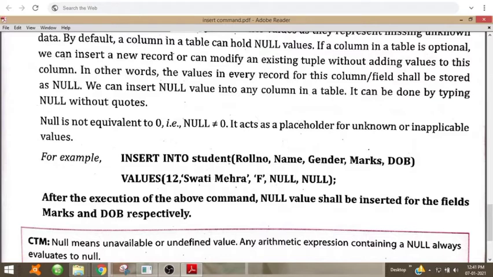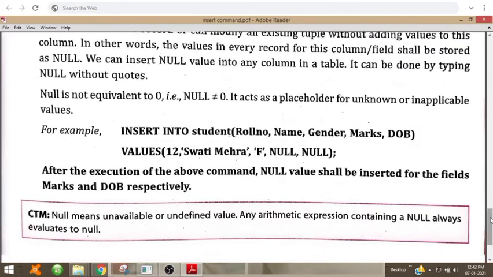Then for marks we are giving null, and for date of birth also we are giving null. You can see null is not enclosed in single or double quotes. We just type null as it is. It is not necessary to type it in small letters.